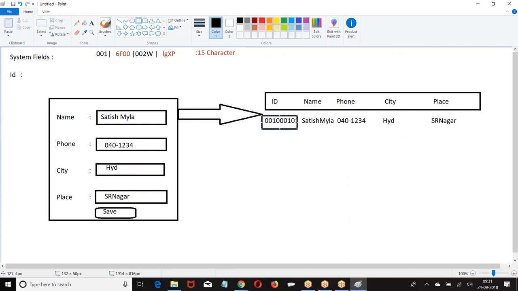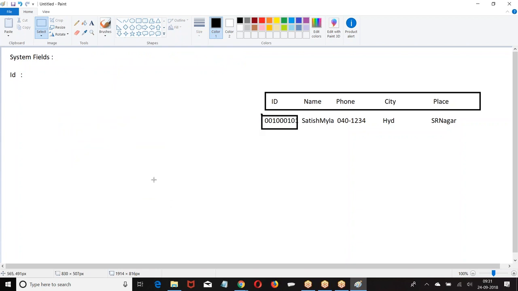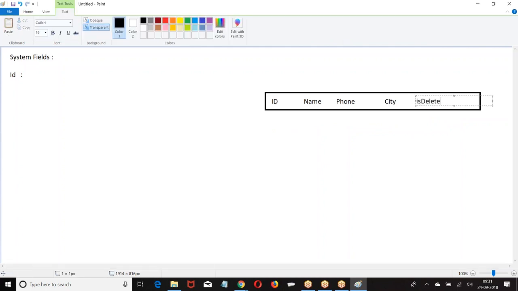So what is this ID? Salesforce by default creates a 15 character ID for every record. Based on this ID, Salesforce will recognize the record. To remove the case sensitivity, 3 more characters are added and it was made an 18 character ID. I hope everyone is good with this. And this is also called the primary key. So your record is recognized based on ID.